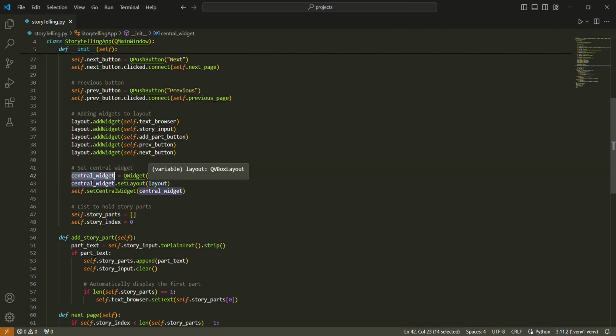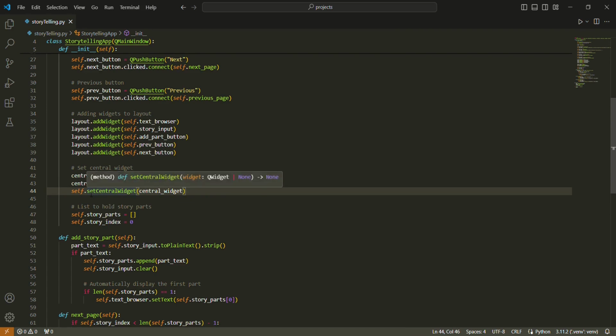So here we define the object, and here we assign a layout to it, that in our case is the layout defined in the variable called layout, and then we set it as the central widget using the set central widget method from the library.